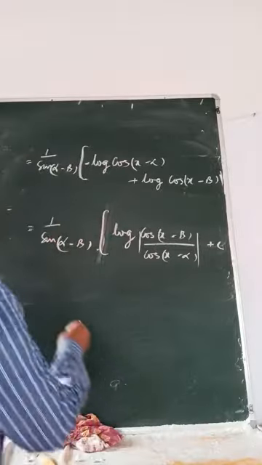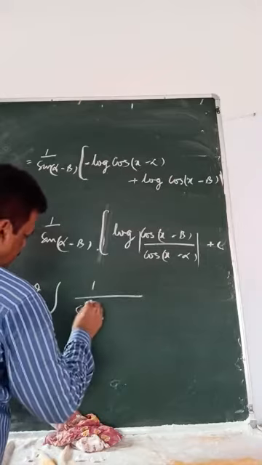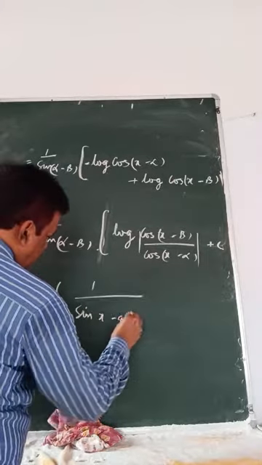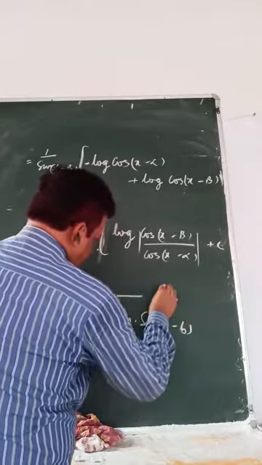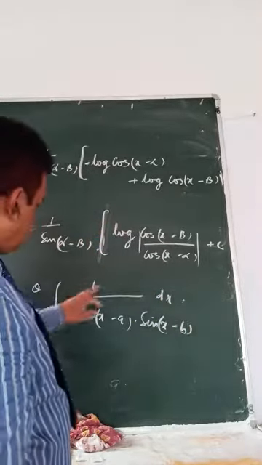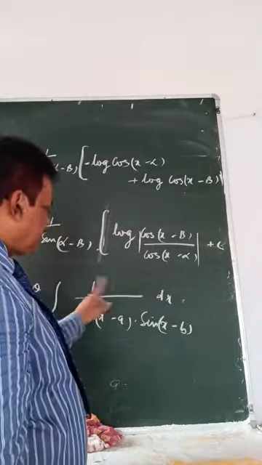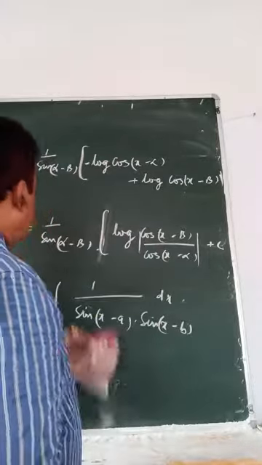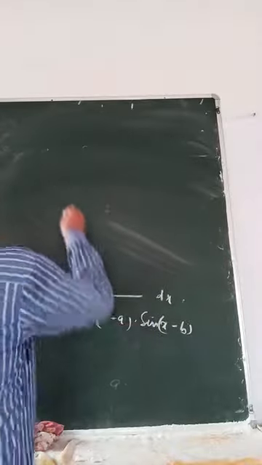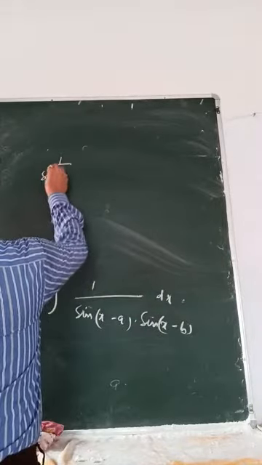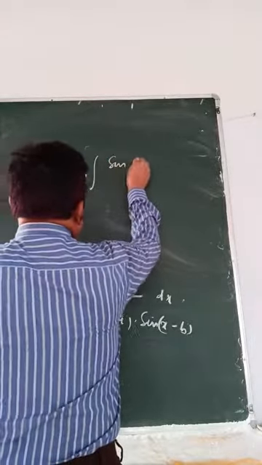Try to see. Suppose the question is 1 by sin x minus a, sin x minus b. So when it was cos, you were multiplying sin. When it is sin, also you have to multiply sin. So the sin formula gives you sin cos both. So I have to do the same thing here. So what will that be? Now you have to multiply sin a minus b, sin a minus b,